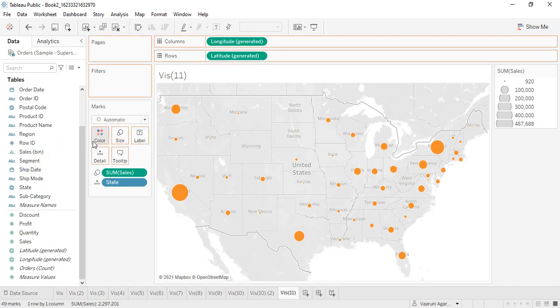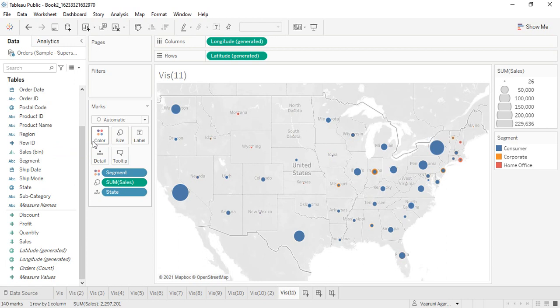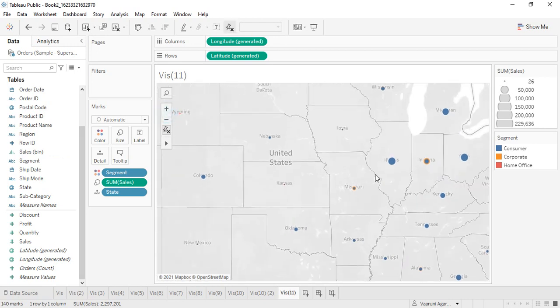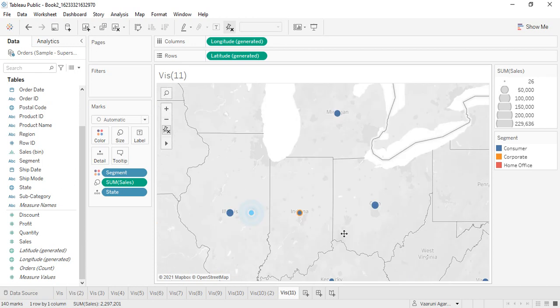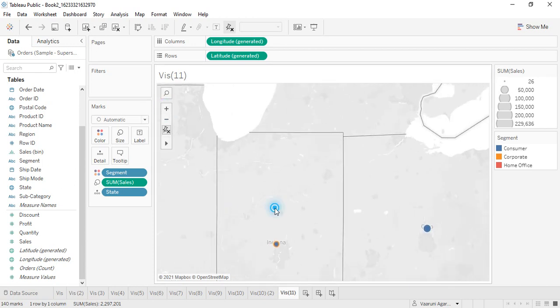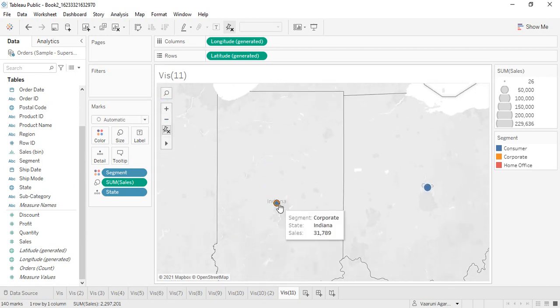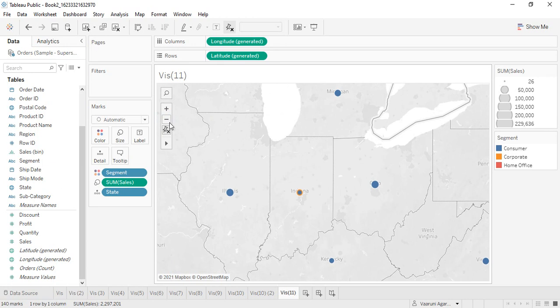What we can do is just get the segment into the color portion, and we would be getting the different segments. Like if we just zoom in a little bit, suppose in the state of Indiana, what we are getting is the different values of the segment, right? Like first we are getting orange, then we are getting blue values, just like this. So this is how things work in Tableau.